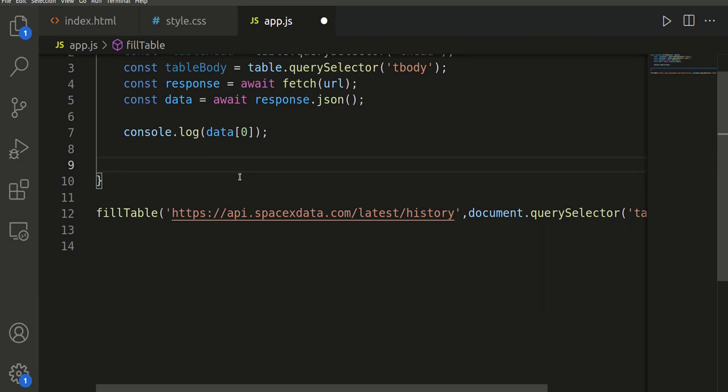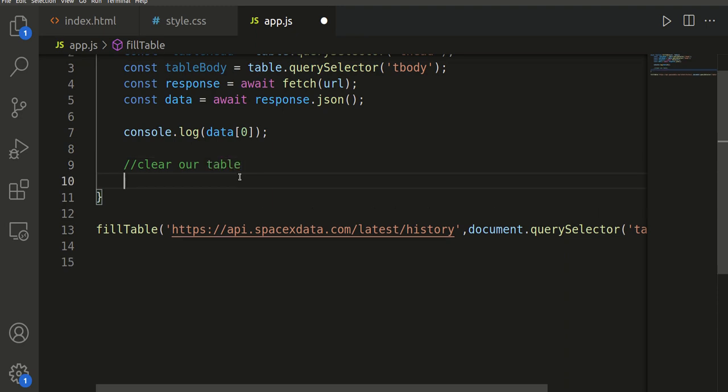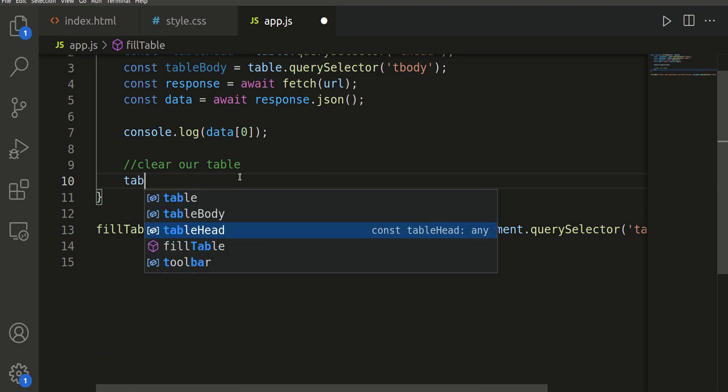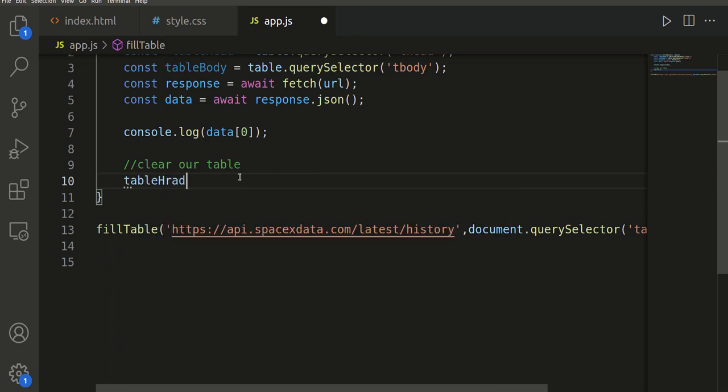populate our table, but before that we need code to clear our table. At first it will be useless because initially your table will be empty, so this code will do nothing initially. But let's say you refresh the page and you have some content on your page, you don't want the other data which you are populating the table with to get appended to the table. You instead want that data to be freshly stored in the table. So for that we need this code, which is very important.